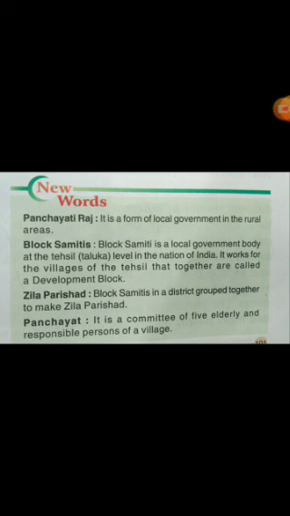And on the next page, page number 101, you find a pyramid shaped picture, that is Zilla Parishad, Panchayat Samiti, and Panchayat. The Zilla Parishad works at the district level under the chairmanship of the district collector. So the leader of a Zilla Parishad is the district collector, and the next one is the Panchayat Samiti, which means block samiti. It works at the block level with the block development officer as its head. The block development officer is the head of the Panchayat Samiti, and the Pradhan or Sarpanch or even Panchayat president is the head of the Panchayat.